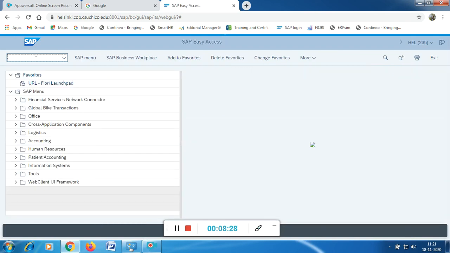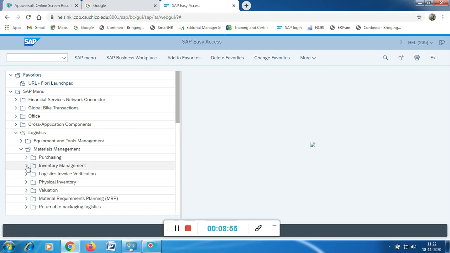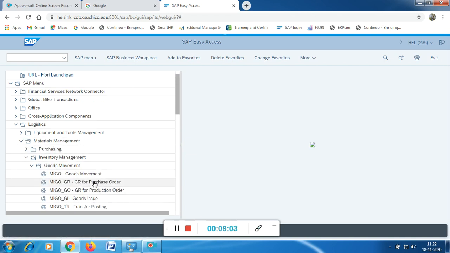Press /n and go back now. Since we have given the purchase order, you can do the goods receipt, so you can receive the goods. How do you receive the goods? The same way as we had done in materials management. You can use your code MIGO_GR, otherwise you can follow the navigation method. Go to logistics, under logistics go under materials management, under materials management go under inventory management, and again under inventory management go under goods movement, and under goods movement go under goods received for purchase order.